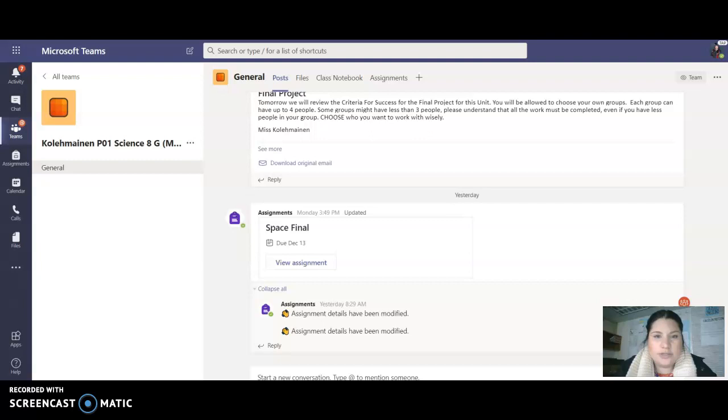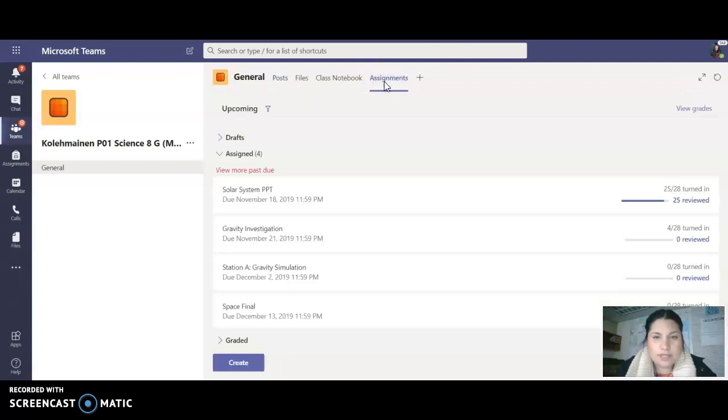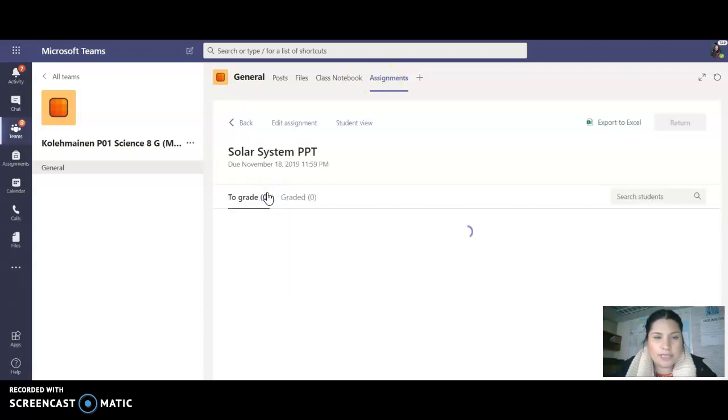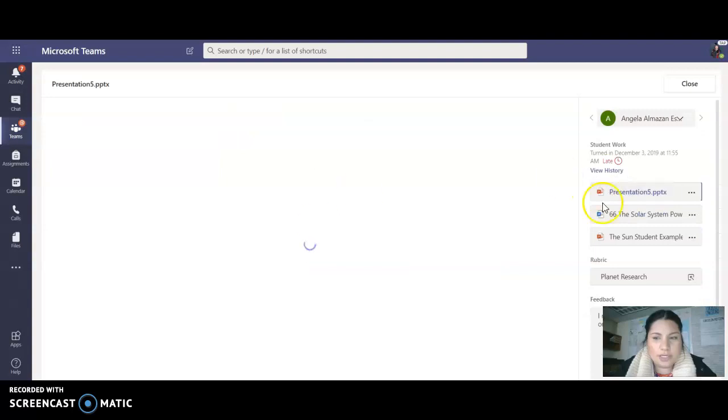You're also going to go to Teams, go to Assignments. You're going to go to the solar system PowerPoint assignment. You're going to open up your assignment personally. You're going to find the slides that you would like. Once it loads,